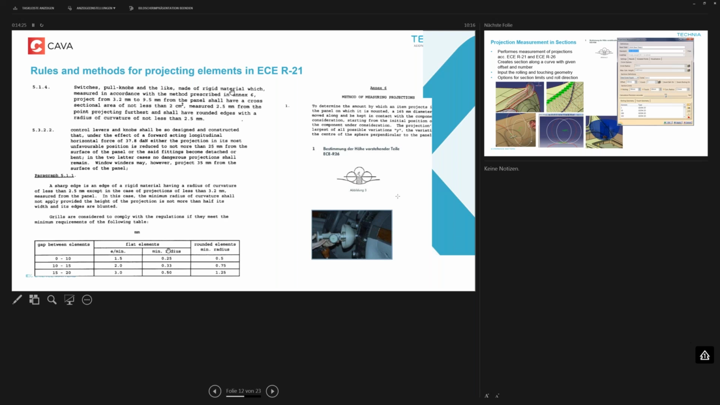So this method is also present in CAVA as the function for the projection measurement device, and it simulates this measurement. But in most cases, or very often, an element which is projecting will not fit into this device. And in this case, there's the method of measuring projections according to Annex 6, where you have to create cross sections. And this picture here shows